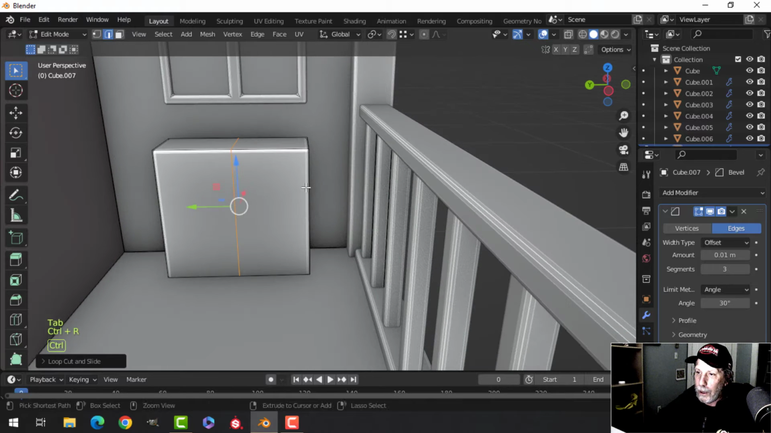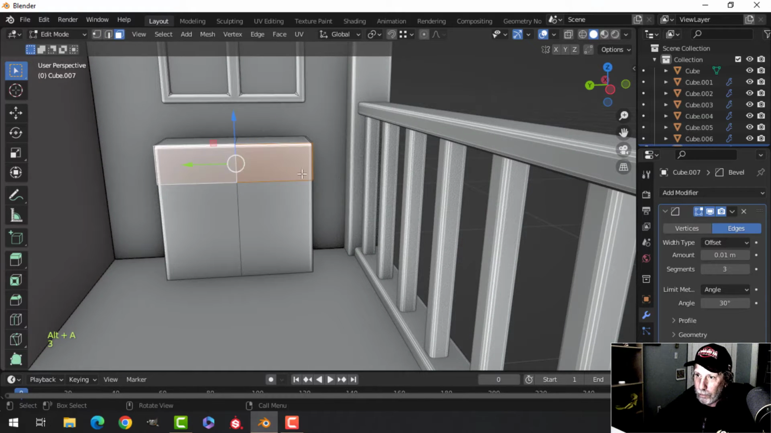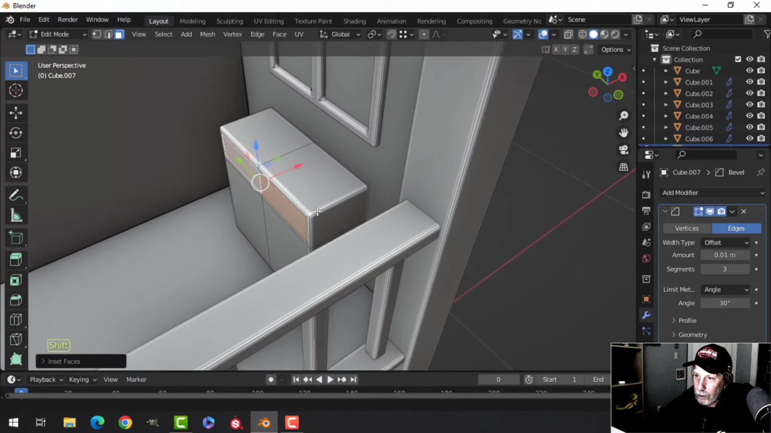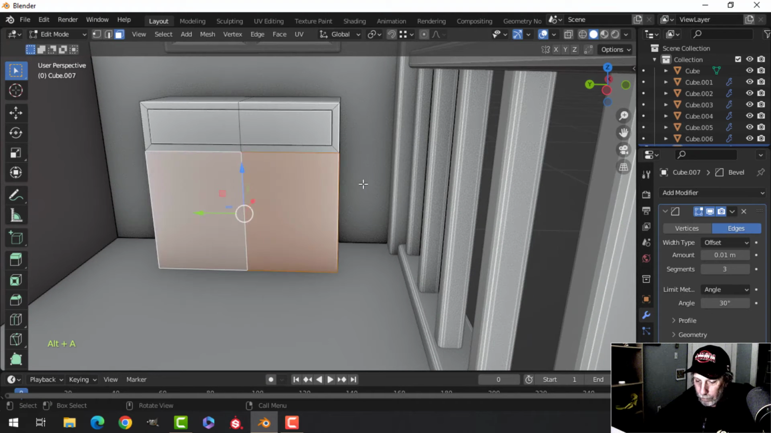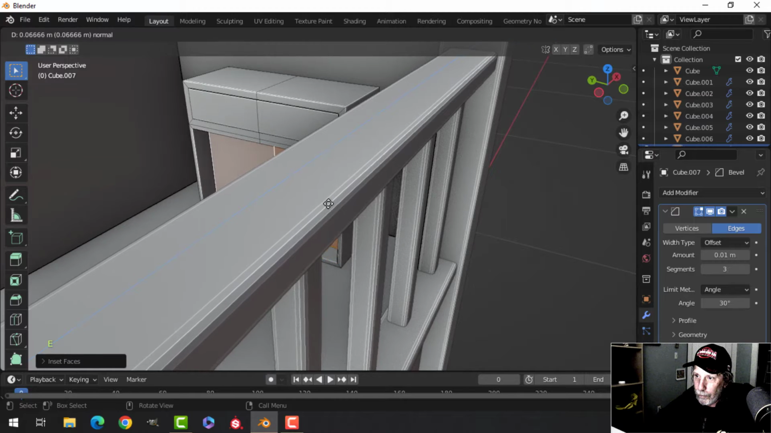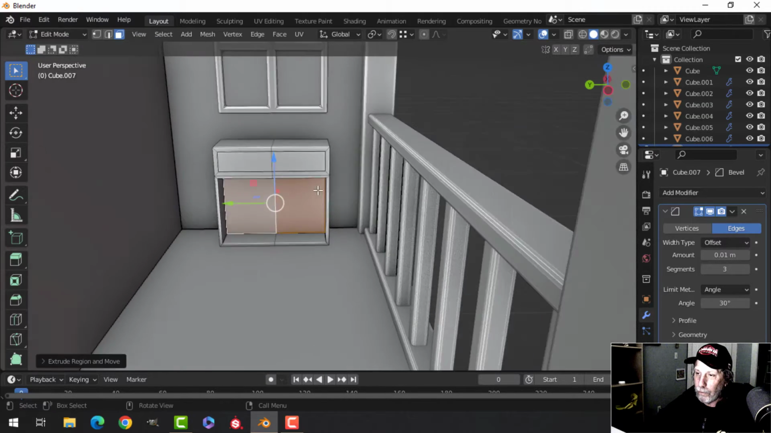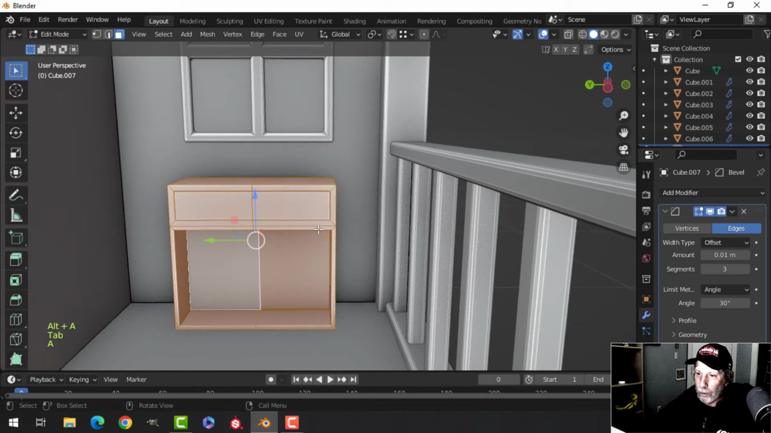I'll just cut it here and do something to make it seem like it's something. Push that in. It's just a thing for now. Okay, now